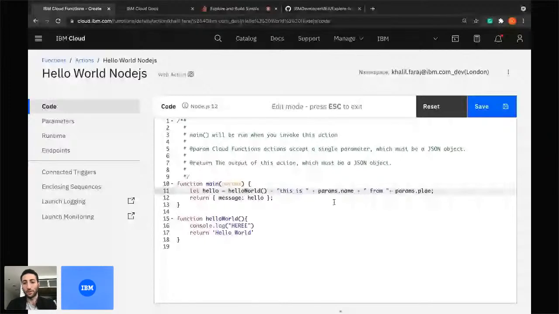Okay, so again, what I'm doing here, I have my parameters defined, which is my name and my place defined in here. And basically what I'm doing, I'm accessing these parameters using the params keyword. This is the default way to access them with Node.js. And I'm just concatenating the string. So I'm just adding this is my name from my current place. So this is Khalil from Dubai. This is what we will see. So we click on save. And now if we invoke,